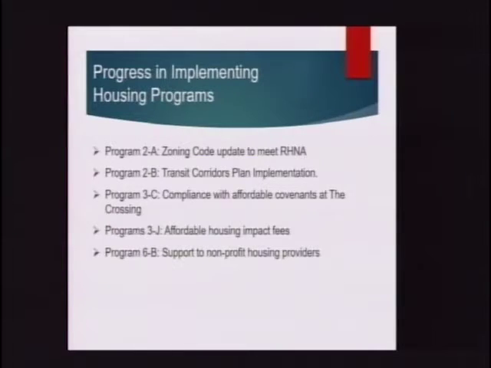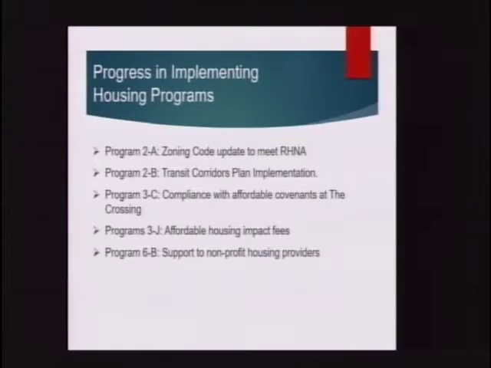In addition, we're working on implementing our transit corridors plan. And as part of that, in 2014, Measure N was passed by 67%, which is allowing for increased building height, allowing for increased residential densities. And in terms of the TCP, or Transit Corridors Plan itself, adopted in 2013, we're allowing for increased residential densities and mixed-use development, and hoping to see about 1,610 residential units overall in the 155-acre plan area.